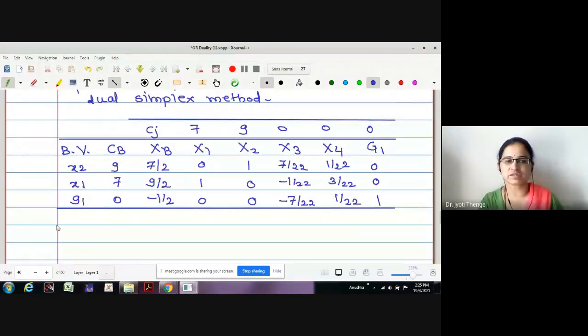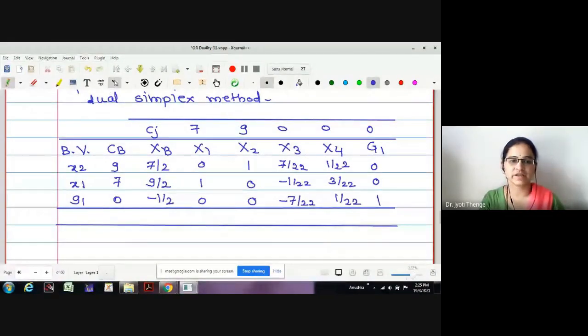What are the net evaluations? Can anyone tell me? Z is no doubt the same, remaining 63. Net evaluations for the two basic variables are the same. For the third basic variable, that is G1, also 0. We have to calculate for the remaining, but as we have added the third row, there is no effect because the CB cost is 0. Therefore, whatever the previous net evaluations we have will remain the same. Okay, understood up to this?